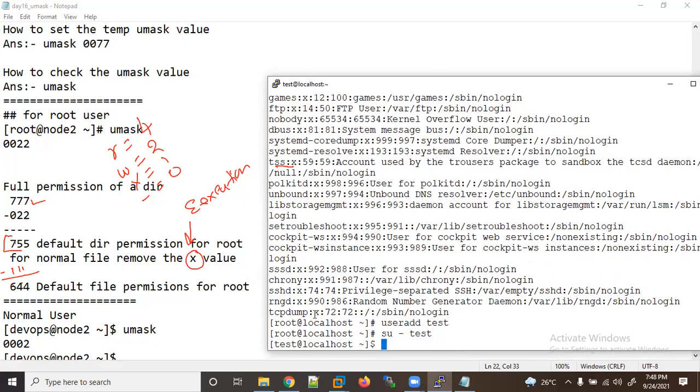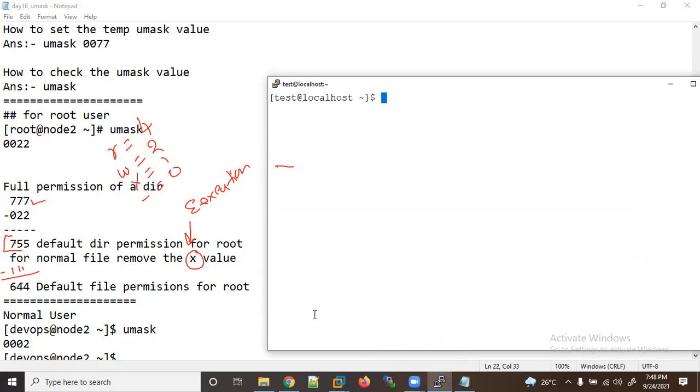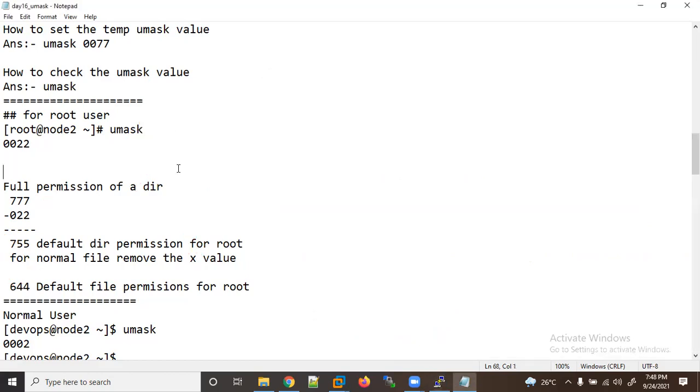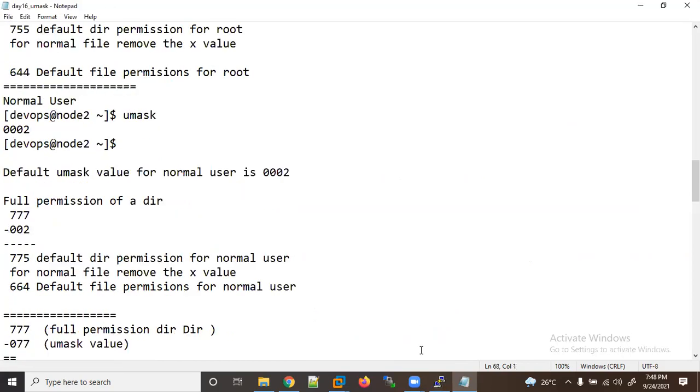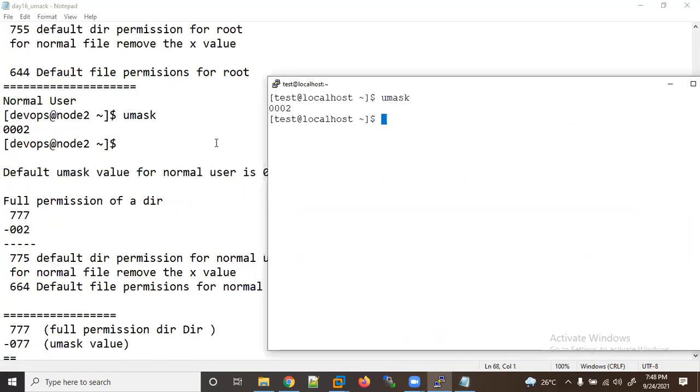Now let's check umask. Now you are getting 022. Now let's understand.